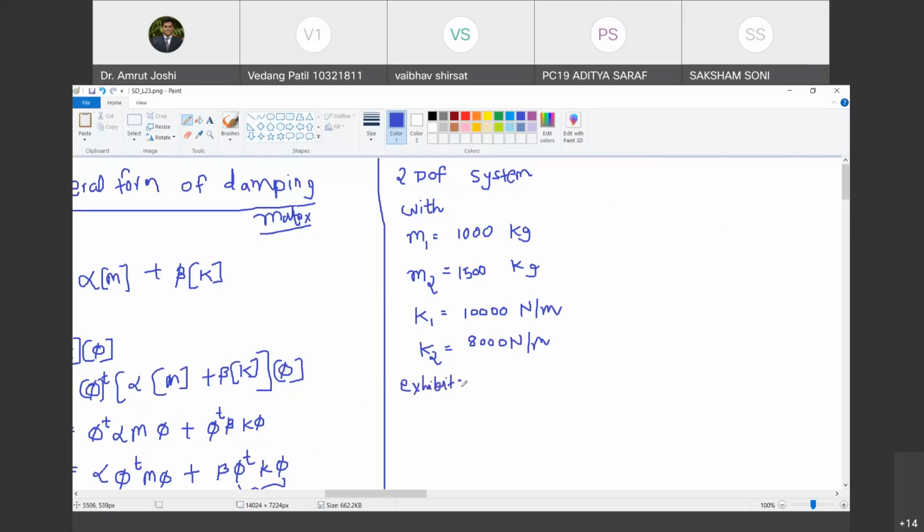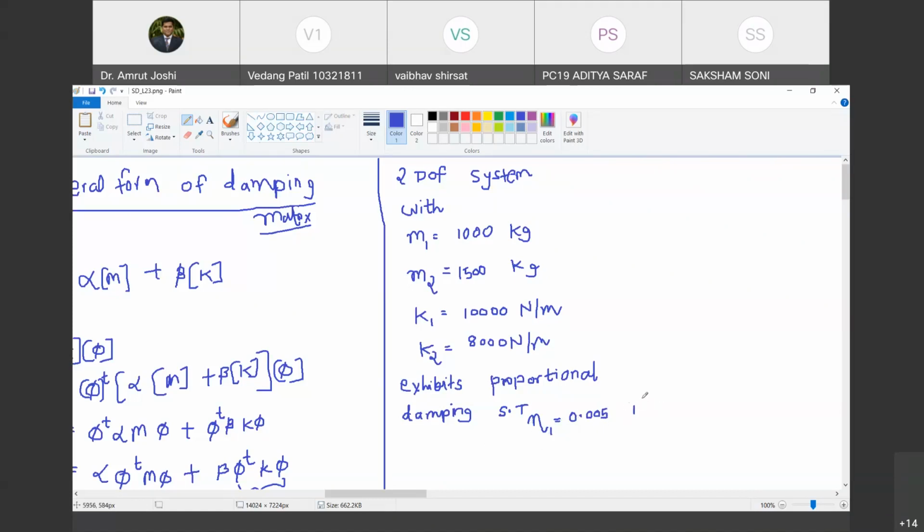Is the spelling right? Yes. Proportional damping such that eta 1 is equal to 0.005. By the way, eta is a damping ratio. It is C upon C star. Are you with me? Yes. Why have I written it as eta 1? So we call this modal damping. It is a damping corresponding to the first mode.